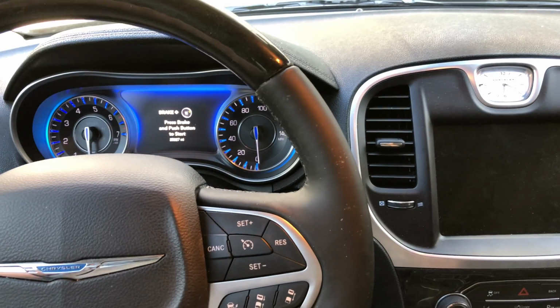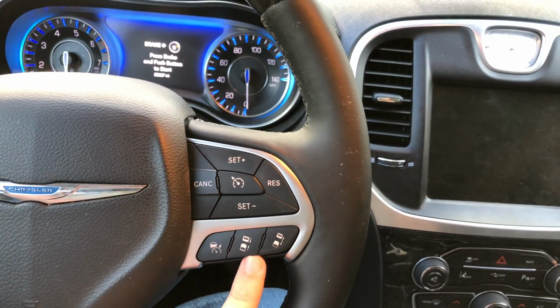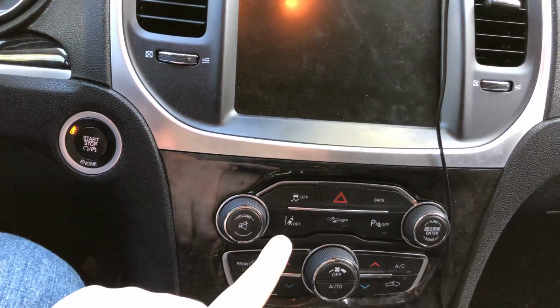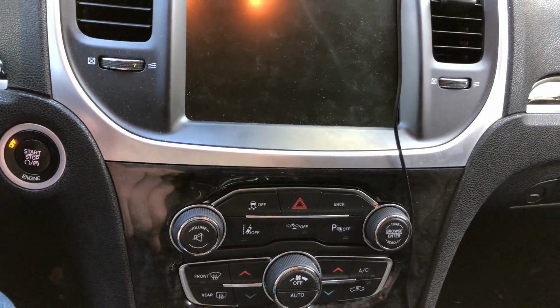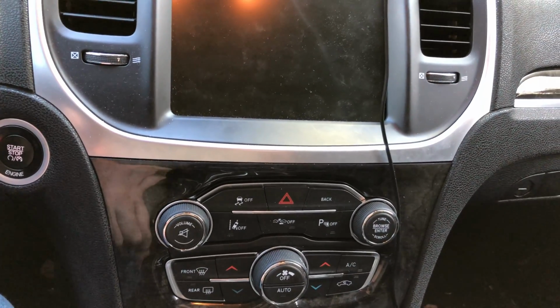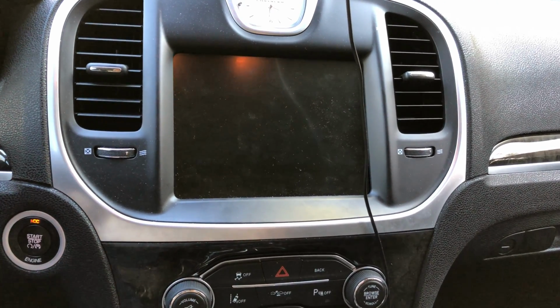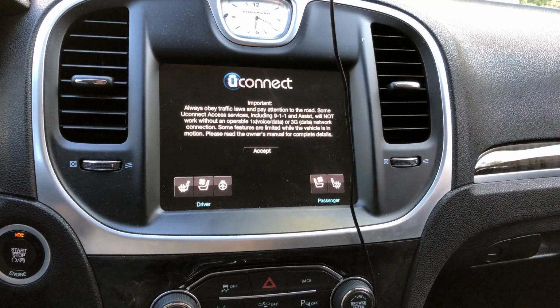This car is everything I wanted in a car. It does have the adaptive cruise. It's got all the forward collision. You got your lane departure warning, forward collision, parking sensors for the front and the rear, climate control. You've got your navigation system. Turn it on a little bit. It didn't actually start the car, but